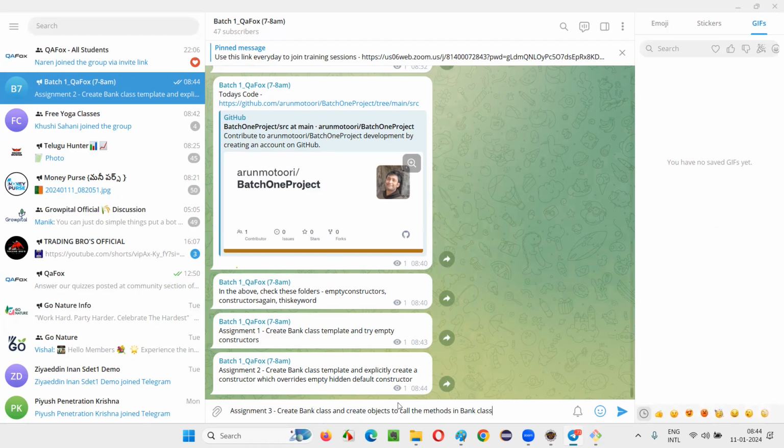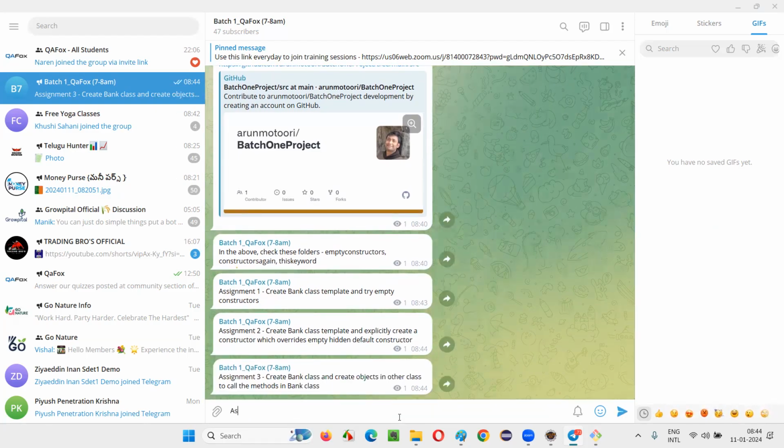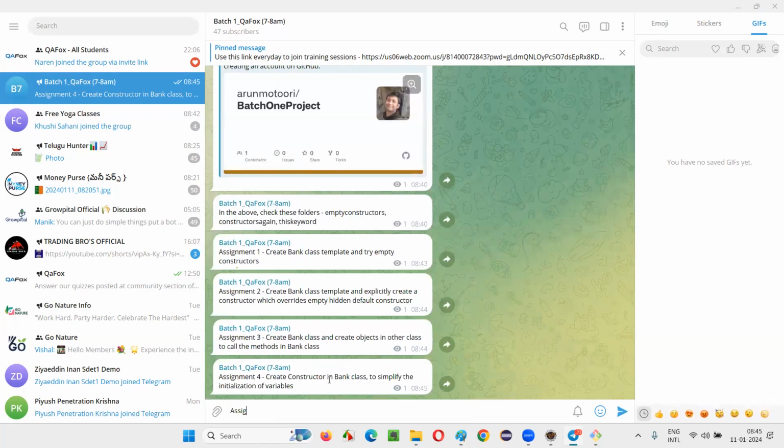Assignment 4: create a constructor in the bank class to simplify the initialization of variables. I keep on giving assignments every day so that you guys can practice whatever I taught. Assignment 5: very simple.